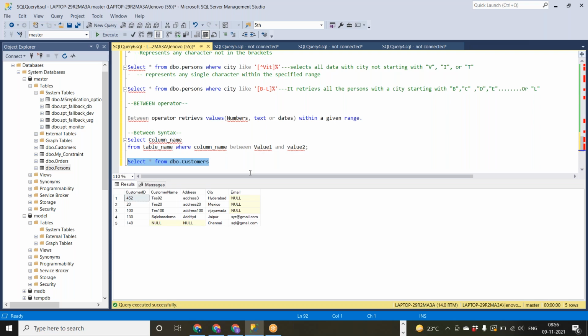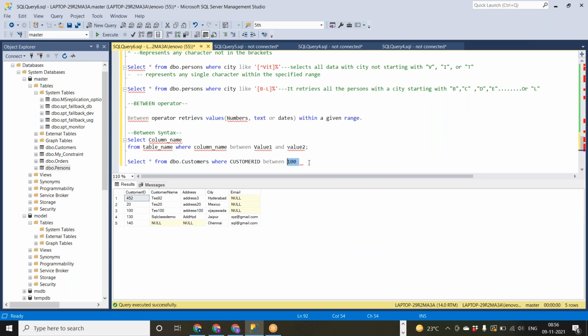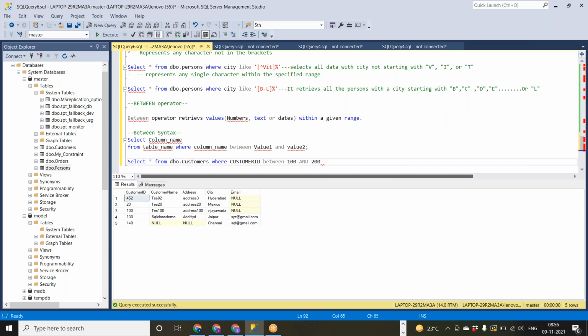Okay, so I need the customers between 100 to 200. Customer ID between 100 and, so after giving the first value you will give the AND operator and 200.